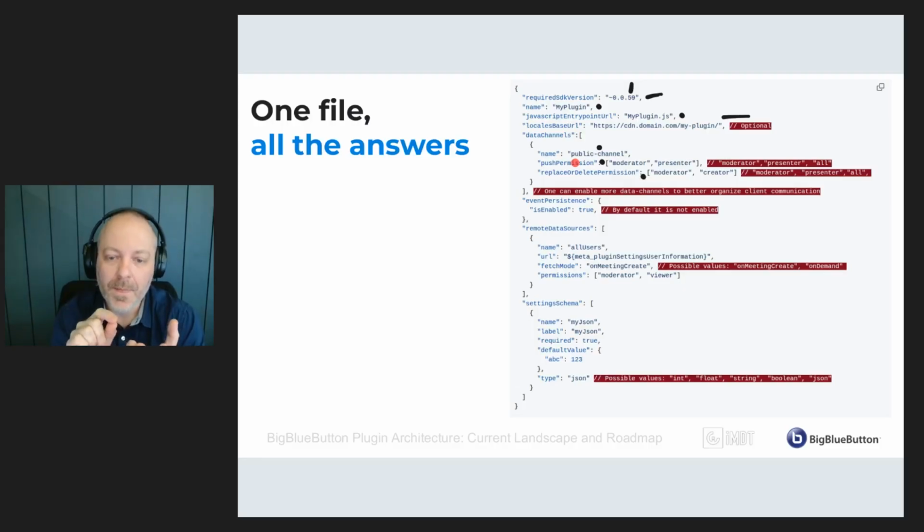And the replace or delete is important because we can say, yeah, anyone can write to the data channel, so the push permission, but I don't want a user to modify data of another user. So, okay, you have the push permission, but you don't have the replace or delete. So this allows us several different scenarios,